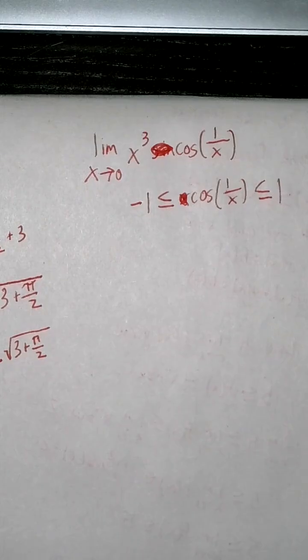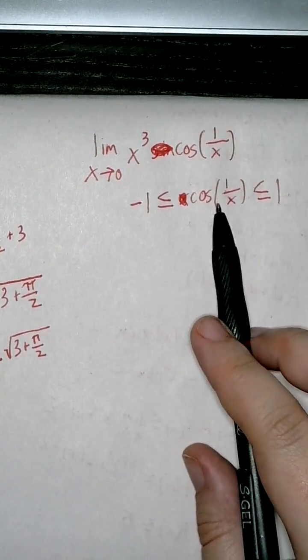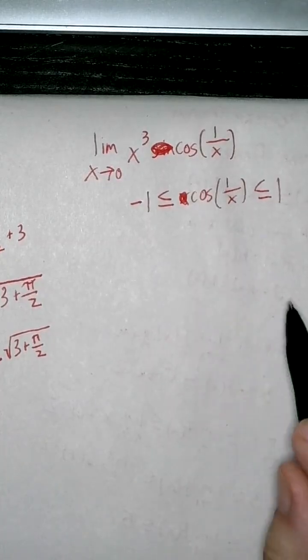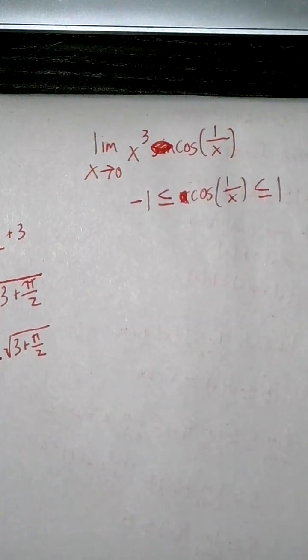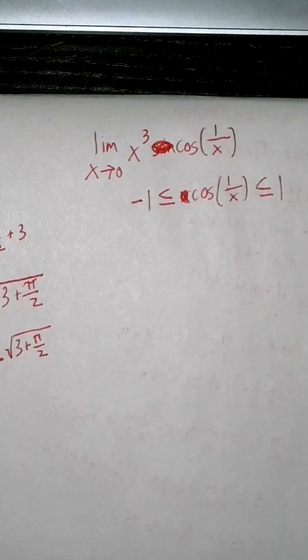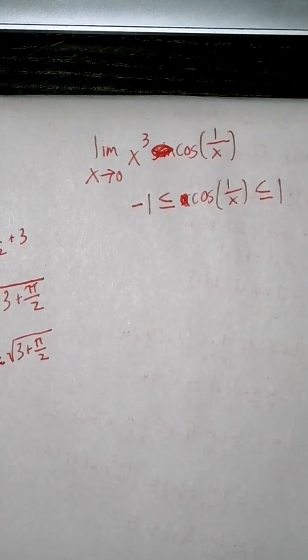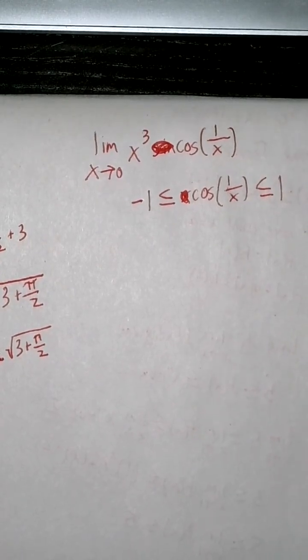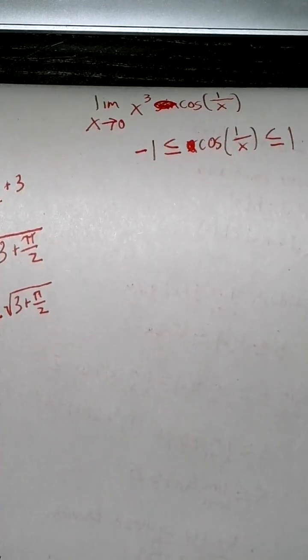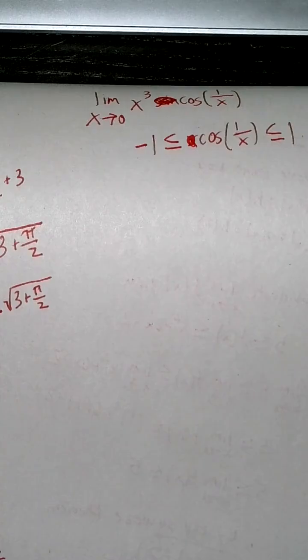I thought it can't equal 1? No, it can equal 1. Cosine fluctuates between -1 and 1, but it can equal 1. In fact, there are many places where cosine is going to equal 1. For some reason, like I said, I misplaced my unit circle and I haven't been able to find it over the last couple of days. I hope I didn't accidentally throw it away. I was cleaning the other day and